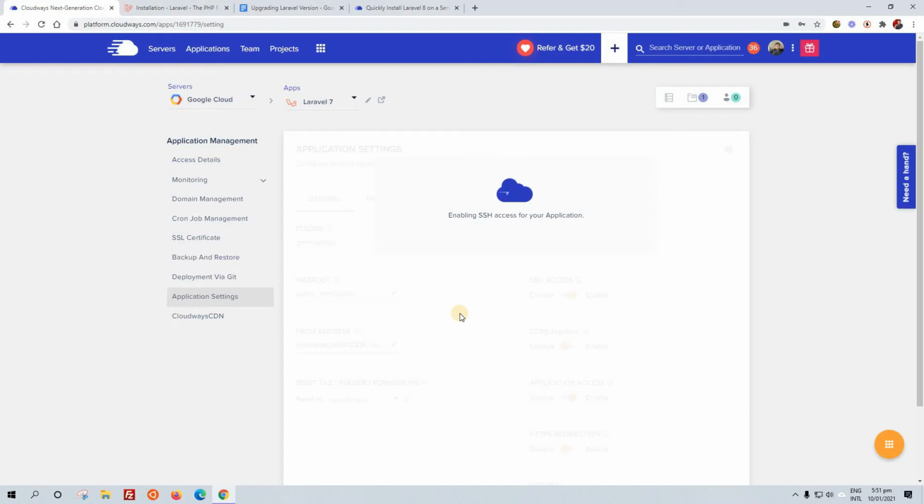I will be breaking down the steps, so I assure you it will be a piece of cake. So the SSH credentials are being created. Let's wait for them to be created so that we can move on to our next step.